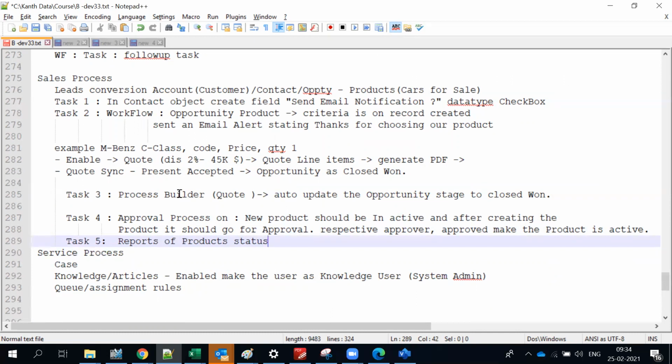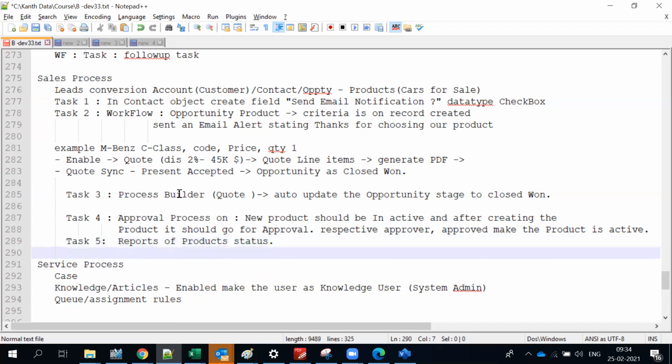So why is it still inactive? What happened to that particular product? Why has it not been sent through? Based on that, you're going to give a notification. You can also have a separate field called approved or not approved. It is your wish, or simply you can have active or inactive, and based on that you can control. Once you make an approved record, you set the active state, right? You go to the particular product field and set is active to true. Same thing. So reports on product status,